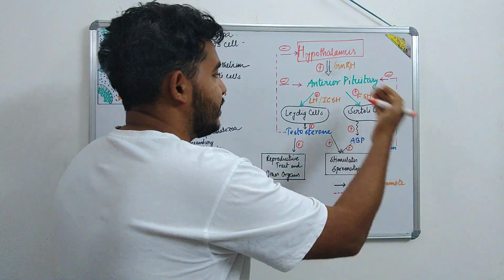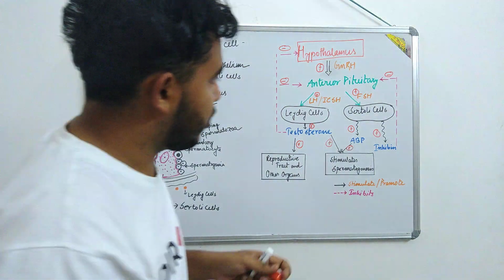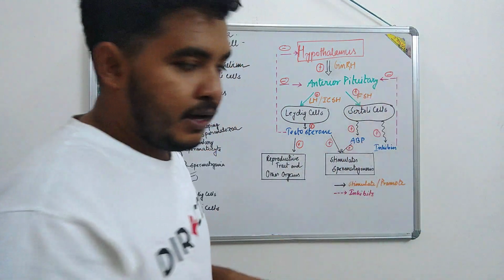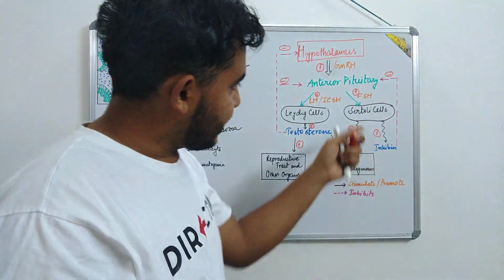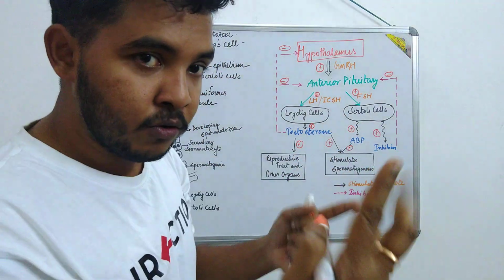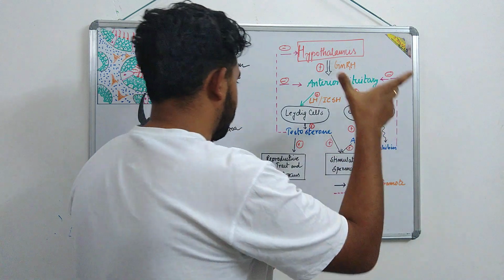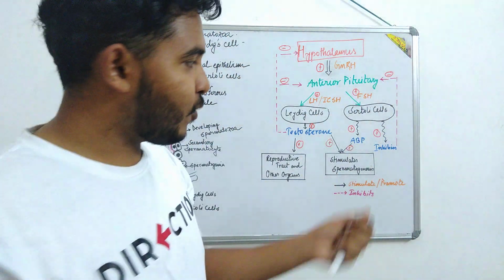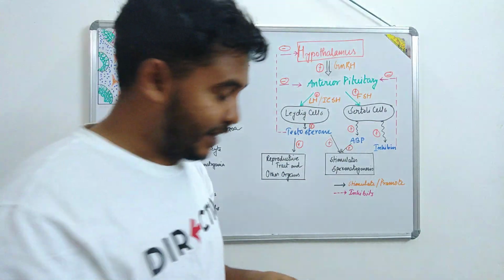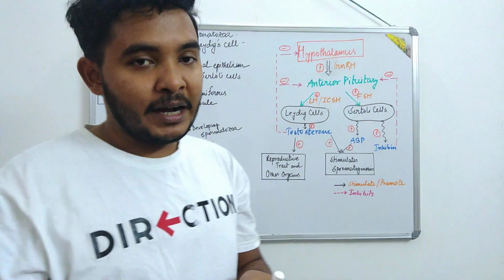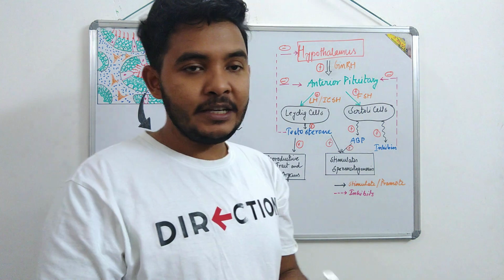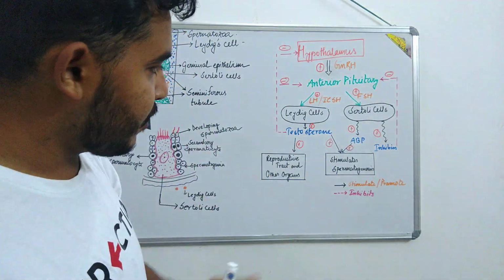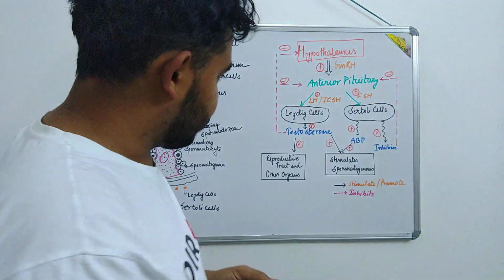And on the other hand, the FSH, follicle stimulating hormone, gets to the FSH receptor on the Sertoli cells. Okay, and the Sertoli cells produce two hormones. One is ABP and another one is inhibin. So what is ABP? It is androgen binding protein. It's a particular protein. So let me tell you what the function of this is.